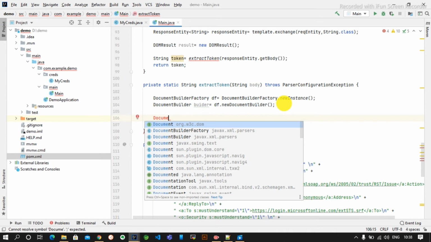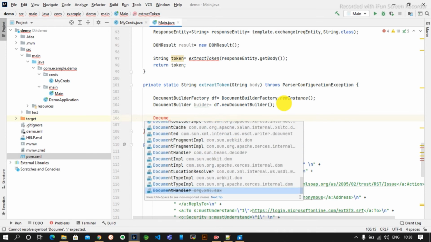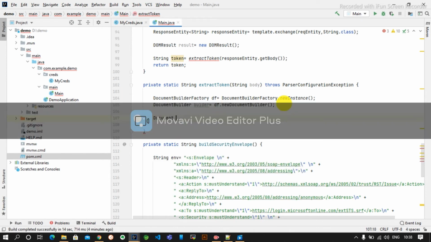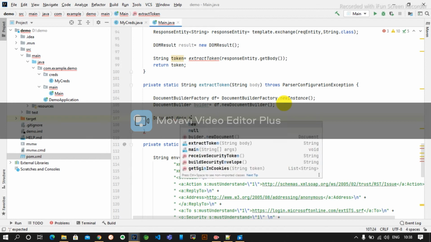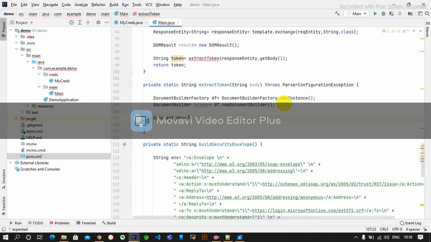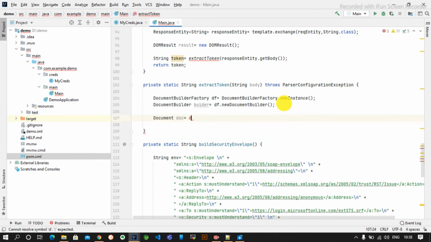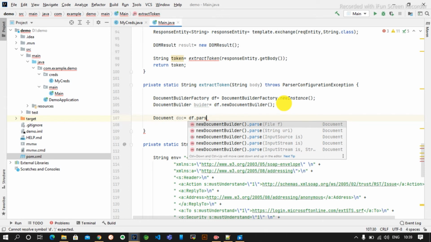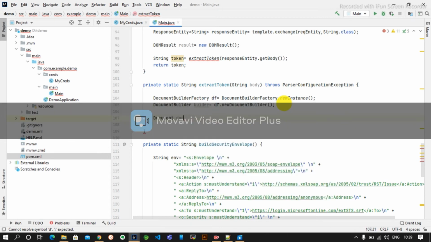I think we have imported something wrong. org w3c dom, this one we want. Doc is equal to db dot parse. This method doesn't have actually, builder dot parse.